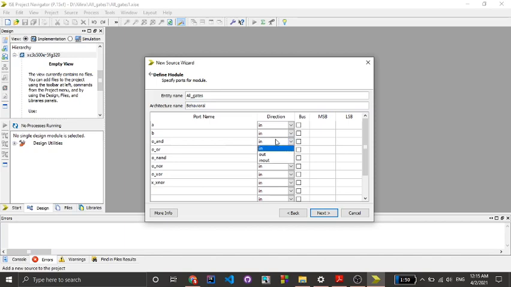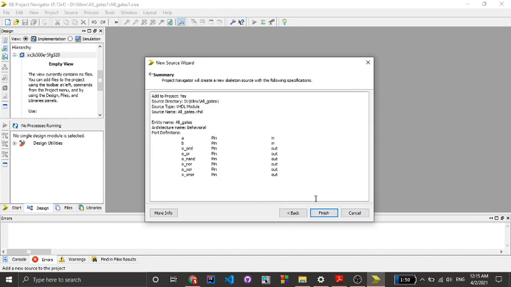So then change this into out. Similarly for all the other cases as well. Click on this next button, then finish.